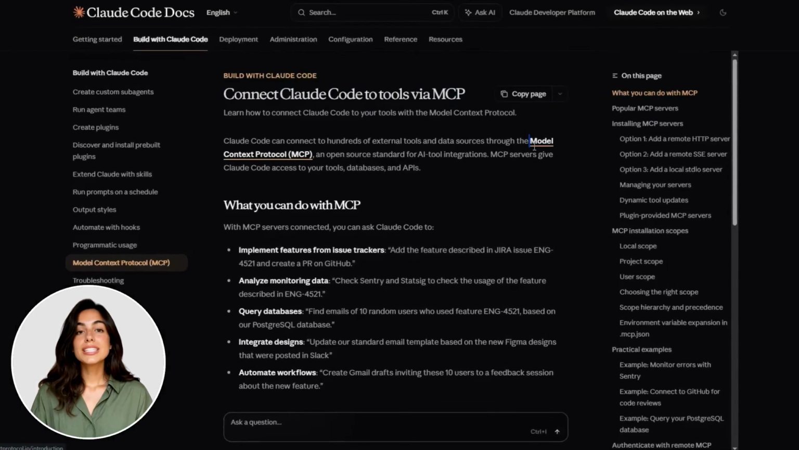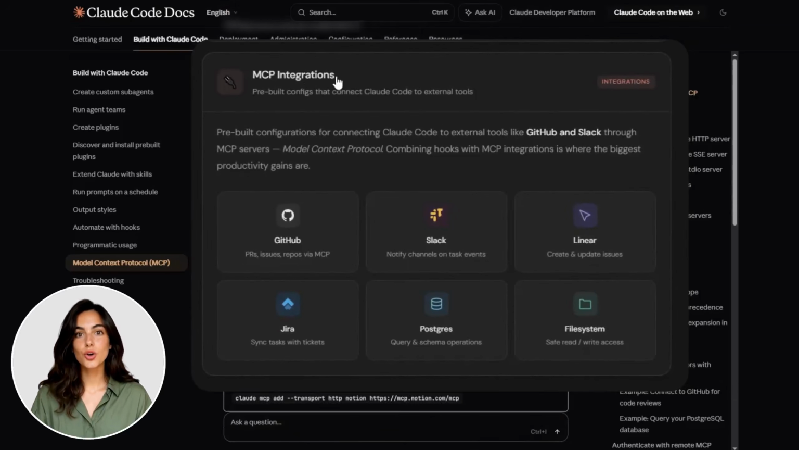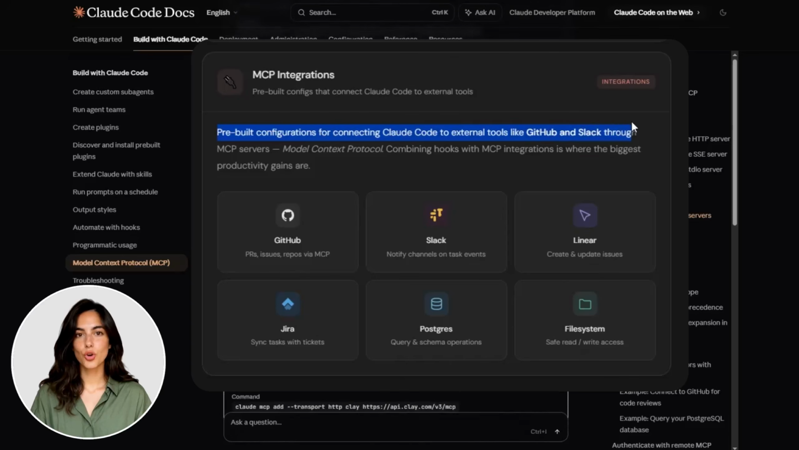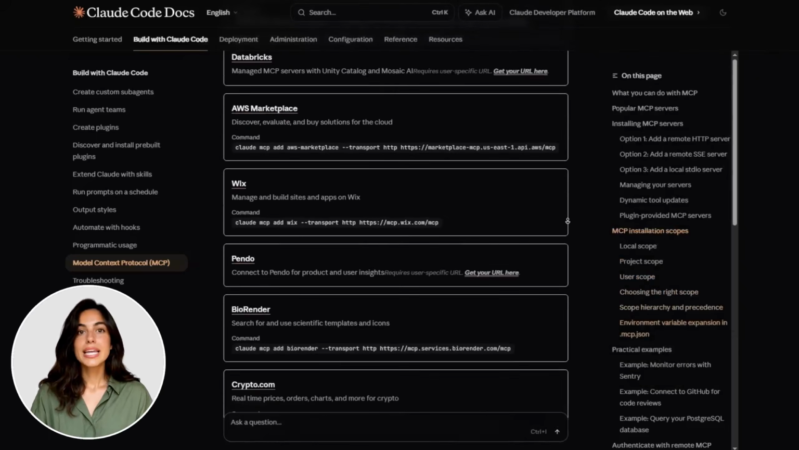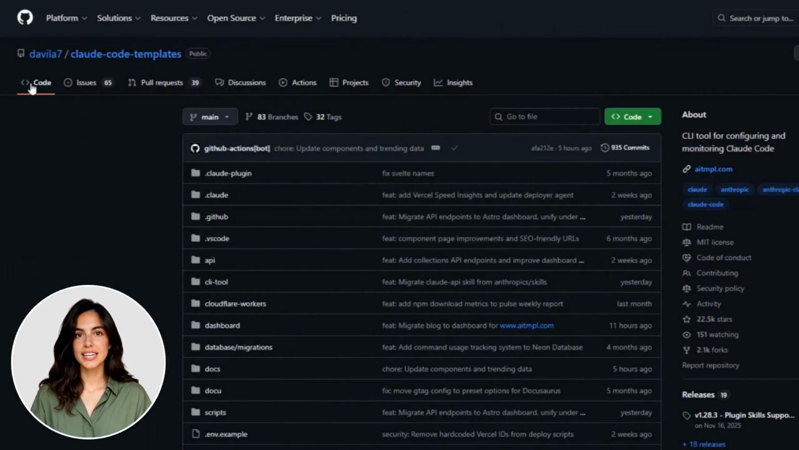And then there are MCP integrations. Pre-built configurations for connecting Claude Code to external tools like GitHub and Slack through MCP servers, which stands for Model Context Protocol. Combining hooks with MCP integrations is where the biggest productivity gains are, and I will show you exactly how in a moment. To get started, head to